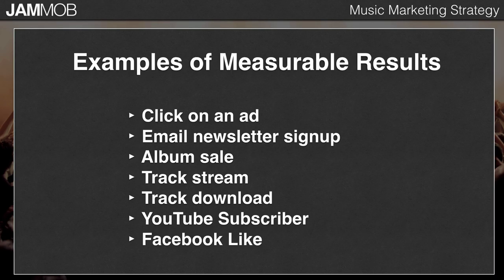That's the cool thing about online marketing, is that not only do we get real results that we can actually measure and assign a dollar value to, we can get those results very quickly. Like the day that we run an ad, we can get data back on how well that ad's performing. It allows us to see right away, okay, where are we getting our best bang for our buck? Where are we getting the best results for the least amount of money? And then we know to allocate more of our marketing budget there because we know it's going to give us the best results, the best return on our investment.